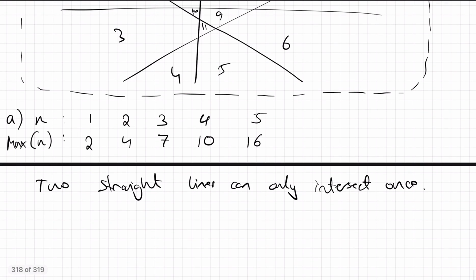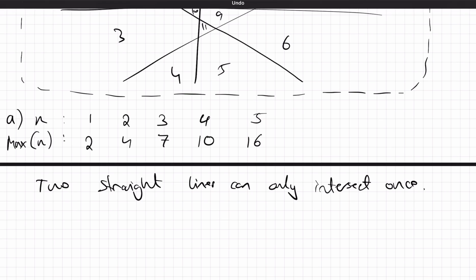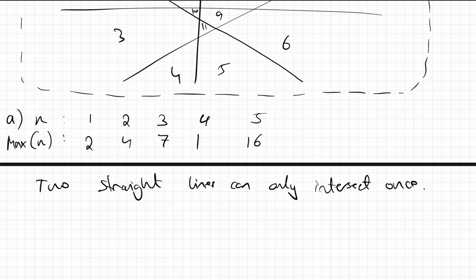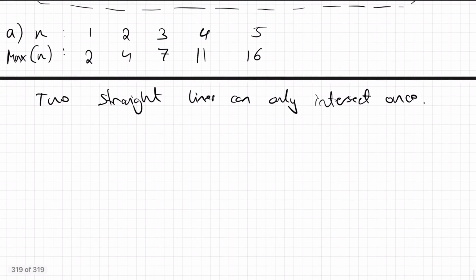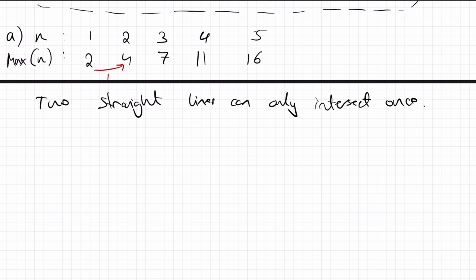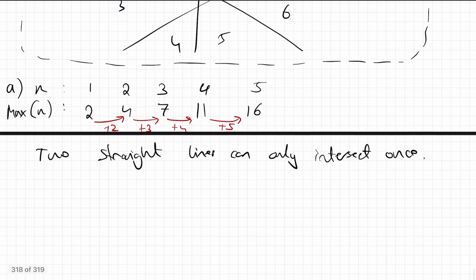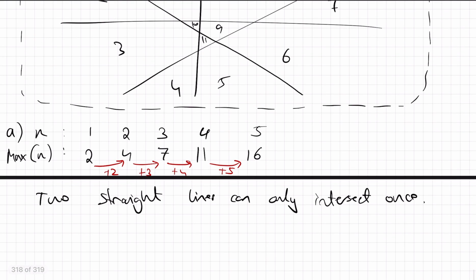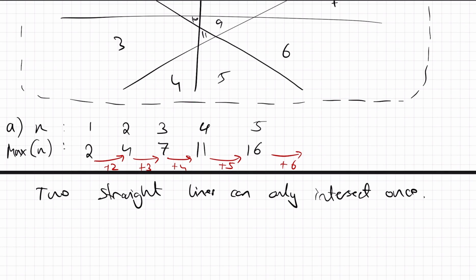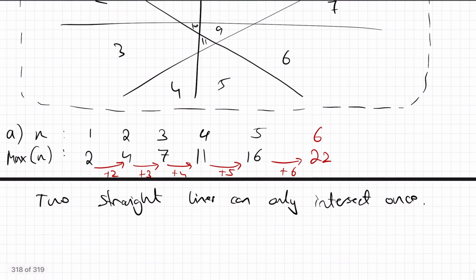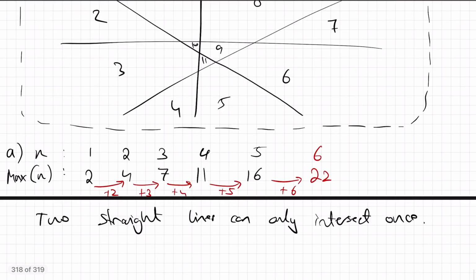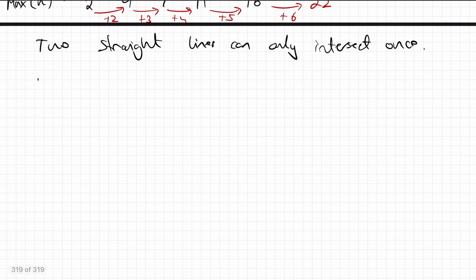Okay. Yeah, so that means I must have miscounted when I did the previous one. And now there's actually a relatively nice pattern. And I can't actually assume it extrapolates, but, you know, maybe it does. So we'll just assume that for now. And I guess we could predict that for 6 lines the maximum is 22 and so on. So the answer to A, I say, would be